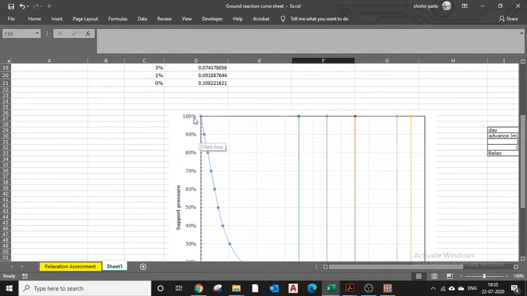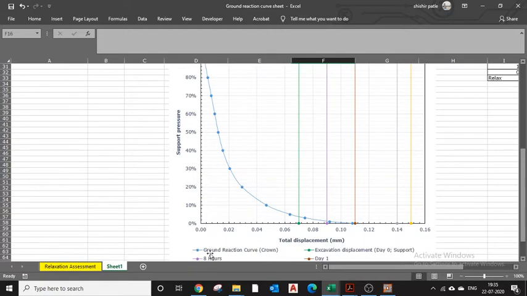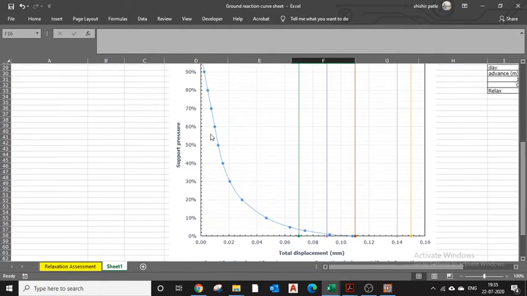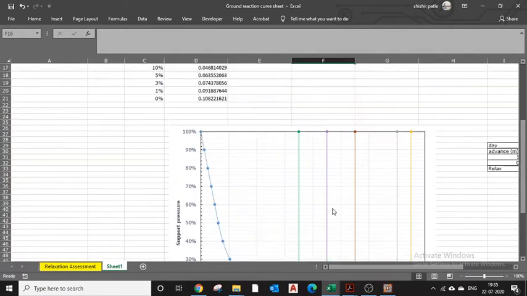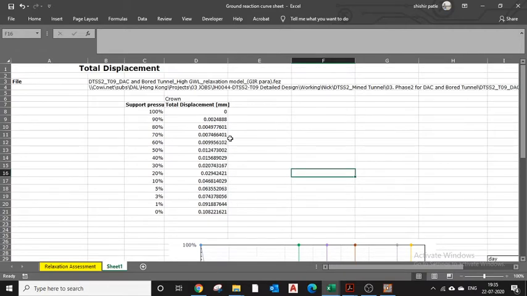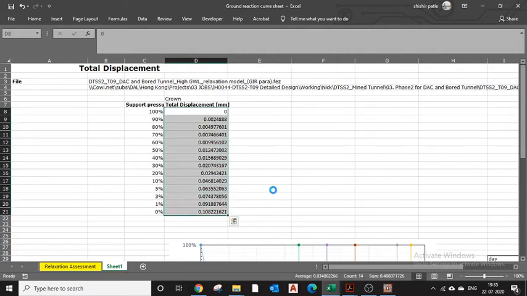As you can see, when I have 100% support pressure, that is the in situ condition, I have zero displacement. As my support pressure decreases, my displacement increases. I will model this whole thing numerically, and I will find out how much my displacements are.